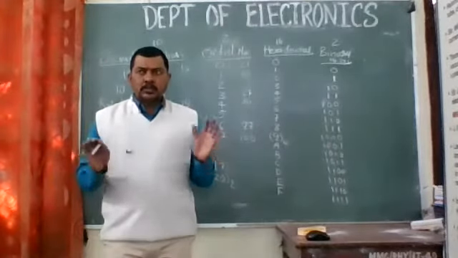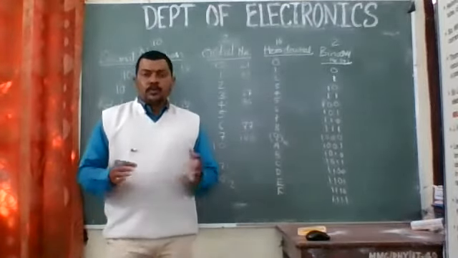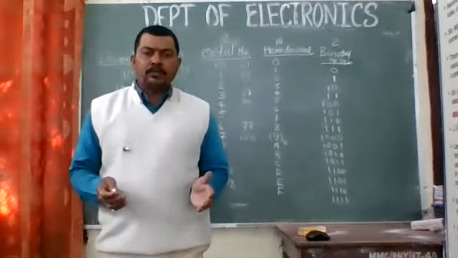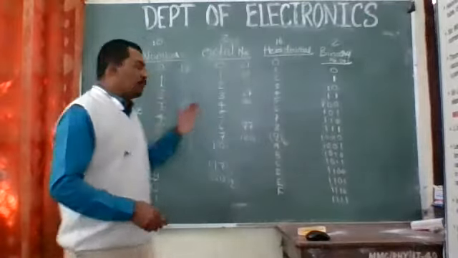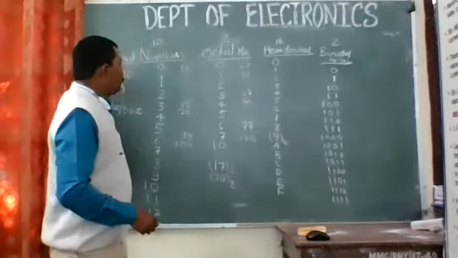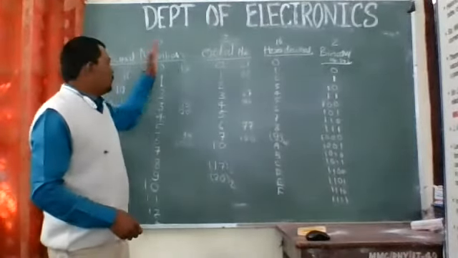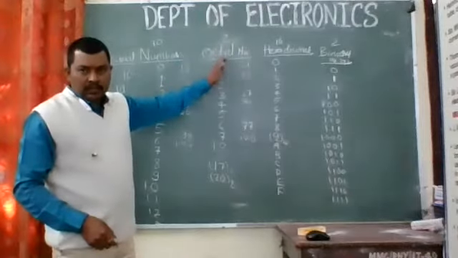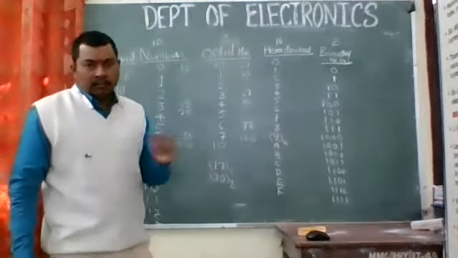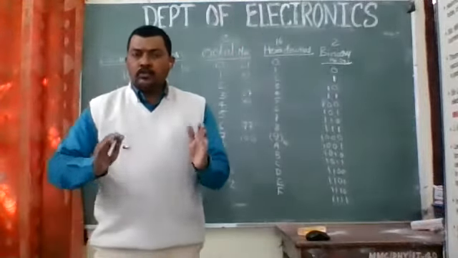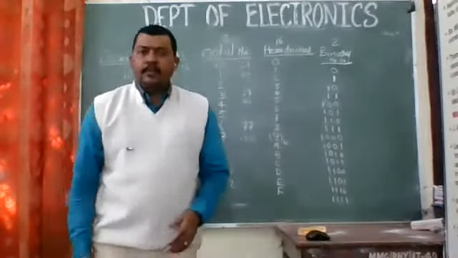I hope this is enough for today's class. I am putting a homework in front of you to do. Next time, I expect that you should make a table of that. We'll have 4 columns in that table. The first column should be the decimal number system, the second column the octal number system, the third hexadecimal, and the fourth one is the binary number system, right? You need to write the numbers over there, so start from decimal.